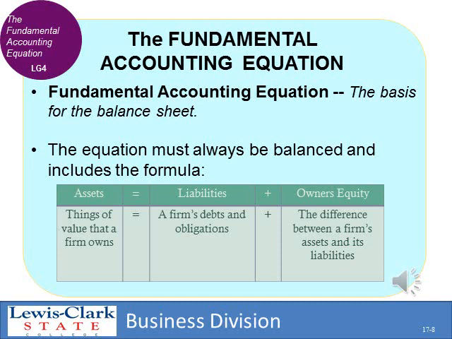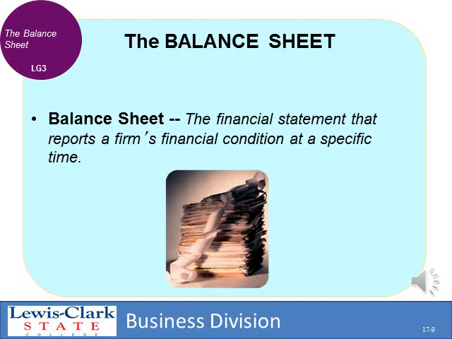Now, within assets and liabilities, there are current assets, which means assets that can be quickly turned into cash, non-current, those that can't be quickly turned into cash, and liabilities also are current, things that are due right away, and non-current, your long-term, like a real estate loan. We discussed the balance sheet when we were talking about the fundamental accounting equation, but the thing to understand about the balance sheet is that it shows the firm's financial condition at a specific time period, like December 31st of 2014, or at the end of the first quarter. So it's a specific period of time, and it's a snapshot of the company's financial condition, and as I mentioned earlier, it will list assets, liabilities, and owner's equity.